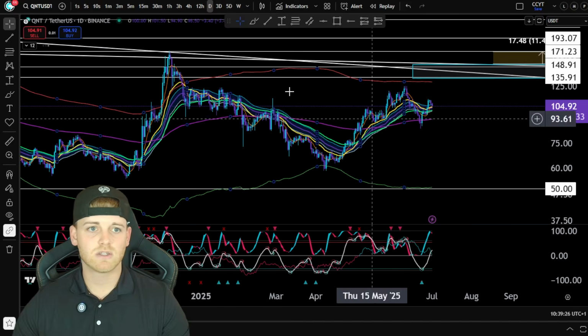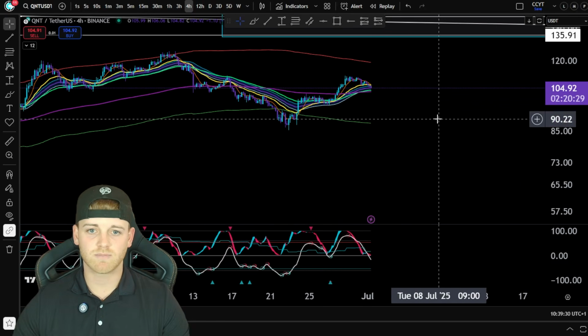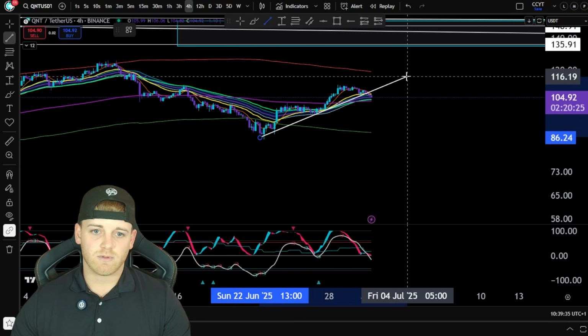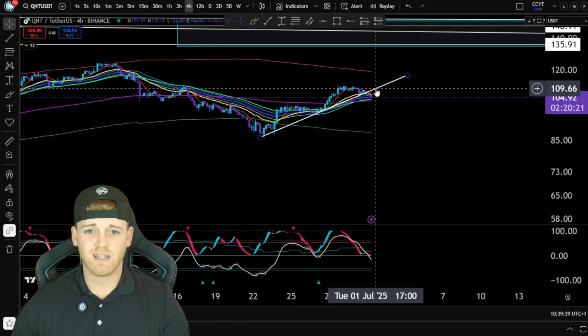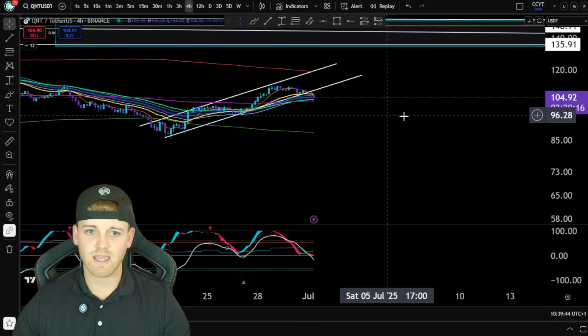If we shoot down to the 4 hour, let's see if I can get you guys a smaller, more frequent position that we could be looking out for there. So clearly we have lost a trend line here in this upward sloping parallel channel. I mean, yeah, there's just a clean position here that you guys could get involved with if you want to.